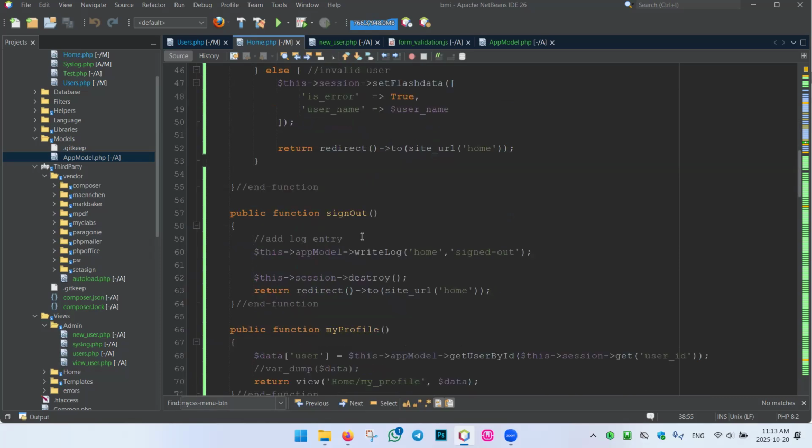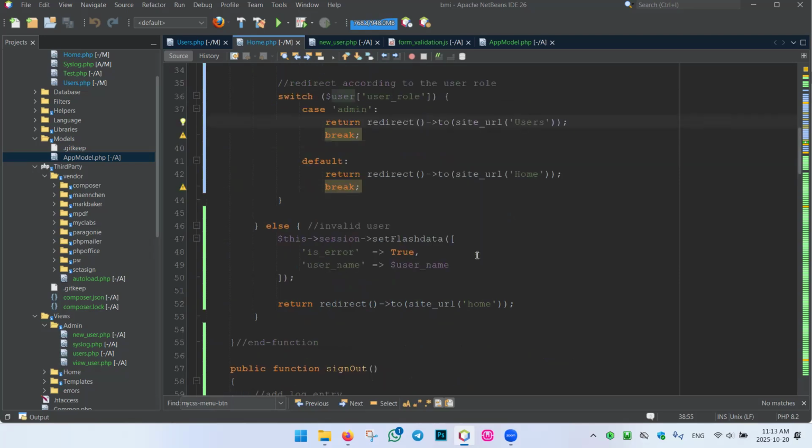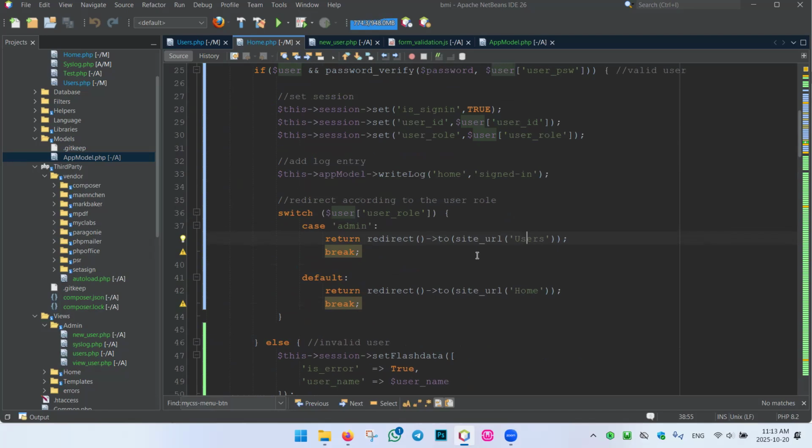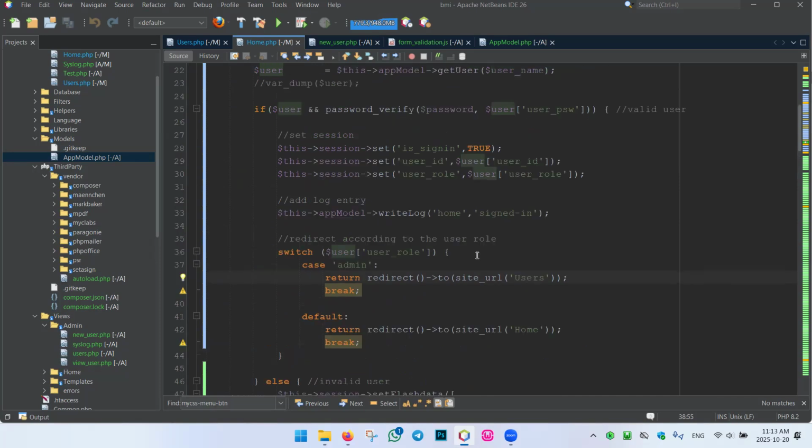In the sign out process, it will totally destroy the session and redirect again to the login screen. Before this, it will write a log that the user has been signed out. So these are the sign in and sign out processes. Right? So this is the main authentication. First, authentication. It involves just checking the user and putting the status into the session. That's all. Then after that,